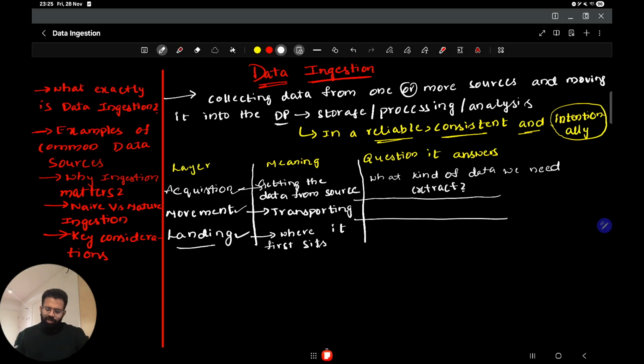So before doing any kind of data ingestion, we need to ask ourselves some questions as per the 3-layer approach. These are some of the basic questions that we need to first get right. For the acquisition layer, we need to know what kind of data we need and how we extract it. And for the movement phase, we need to answer the question